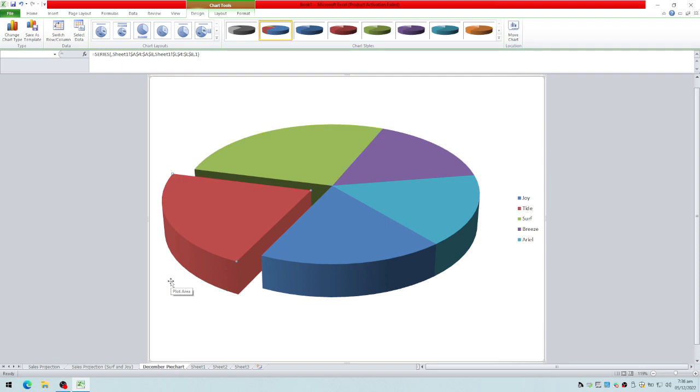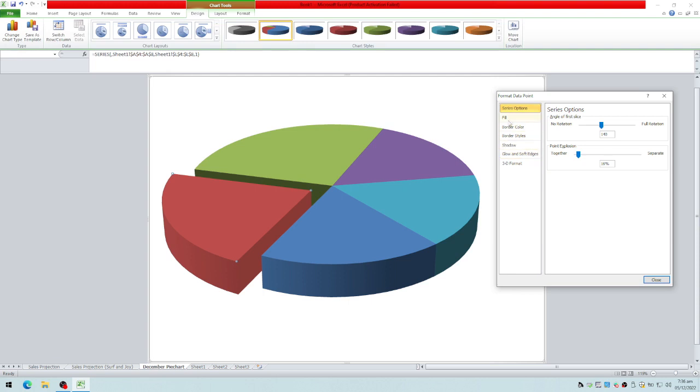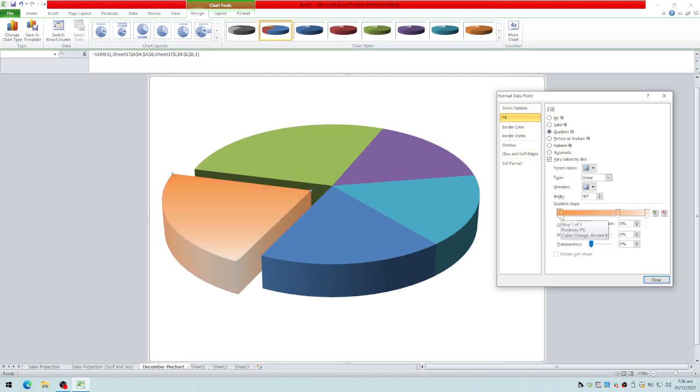Okay, so what else? Again, you can change the colors. So let's say, for example, I would like to change this color. Right click and then format data point. Let's say I would like to change the fill. I would like a gradient fill. So let's say red, and at the center